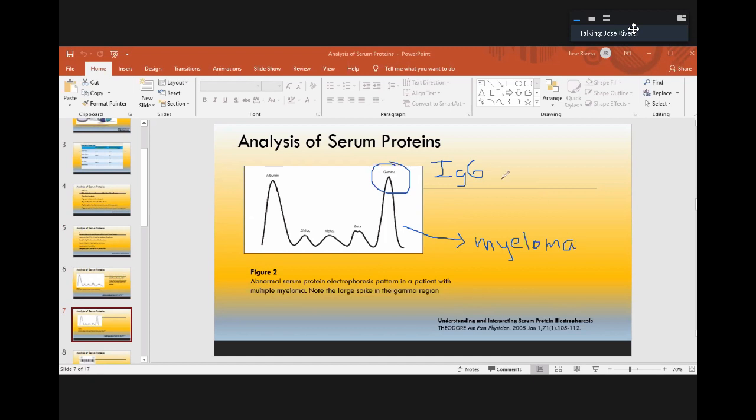And so the person originally doesn't know, of course, or the doctor, is just because of the symptoms of being tired or having kidney issues that they need to run gels like this, or the analysis done in the labs. So here again, you see the same pattern. You see the albumin, you see the alpha, and then the beta, and then you see the gamma that is really, really high. That's because when you look at the actual gel,